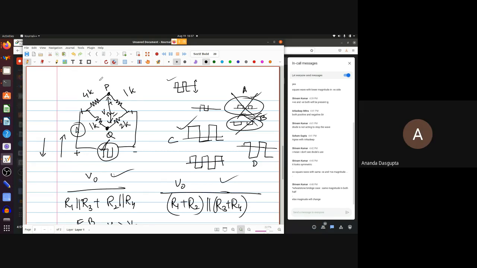One good thing is you could find out the current in both branches, right? Because you know that whatever voltage V0 you have, that's dropped across the parallel combination. So same voltage across both. So V0 by 5K through this, V0 by 3K through the other. But that's really not that important here. That is something that you can definitely use, but there's a much easier way. These two things are in series, right? 4K and 1K. When two resistors are in series, which one drops higher voltage?